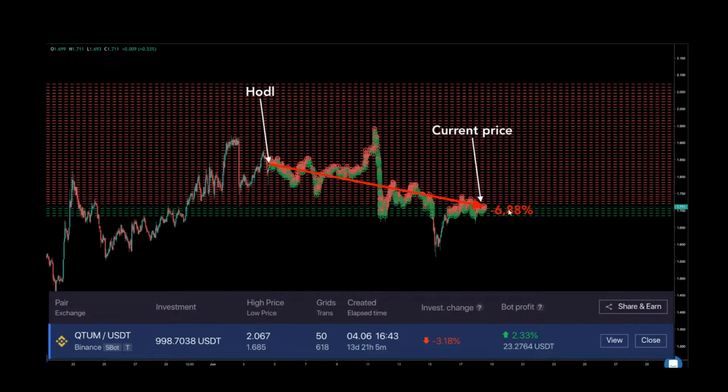-6.88%. But thanks to automation and thanks to the profit that the bot made on this downfall, this profit offsets this negative value change, and that's why I incur a loss of only -3%. Okay? Which is significantly lower than the loss that you have in a simple hodl strategy. So that's the clear